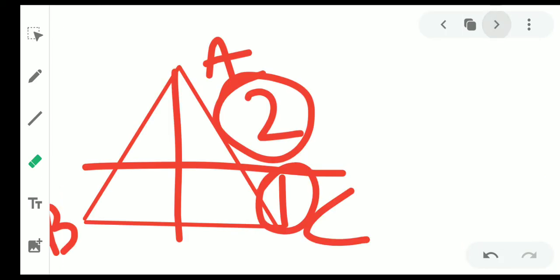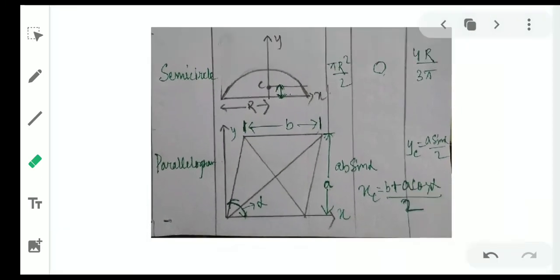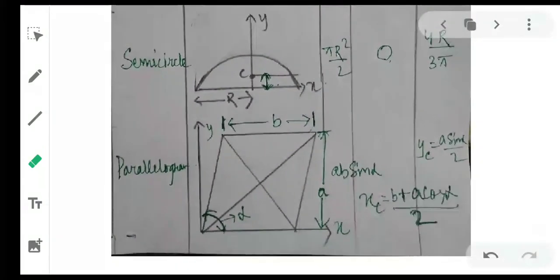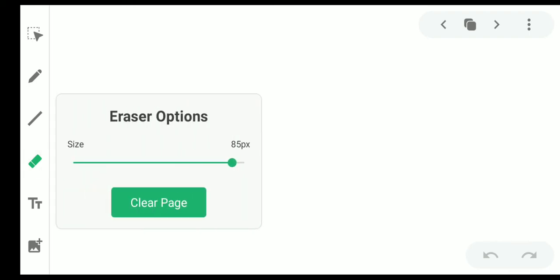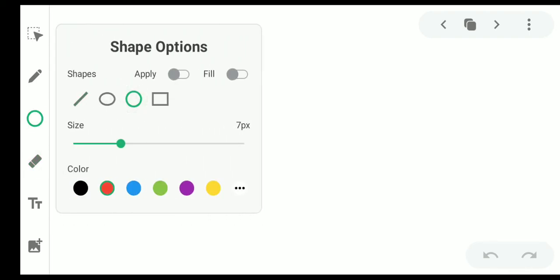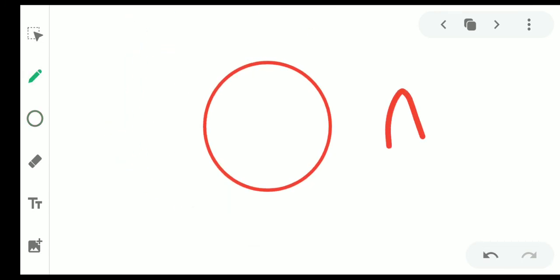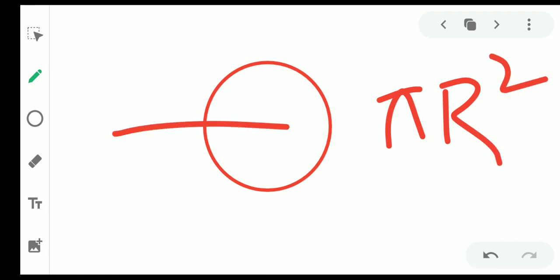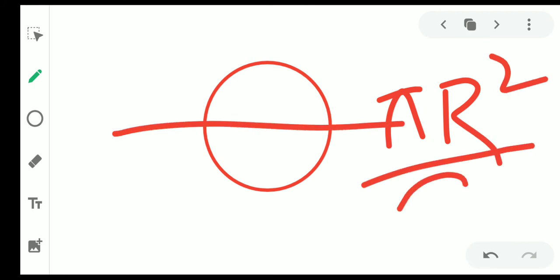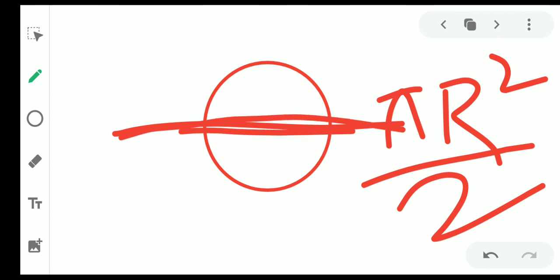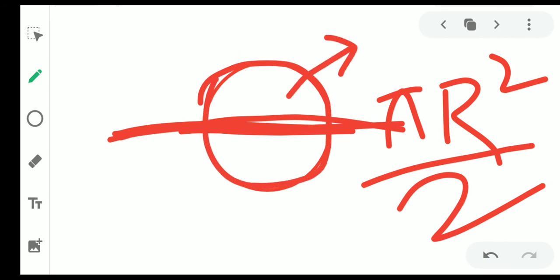Okay, then next is a semicircle, as I already told you. That one is an arc, this one is a circle. While going for a circle, what is the area of a circle? This is pi r square. So if I consider a semicircle, then what will it become? Pi r square by 2. So semicircle means the upper part. This whole one is a circle. If I consider only the upper part, means this part,